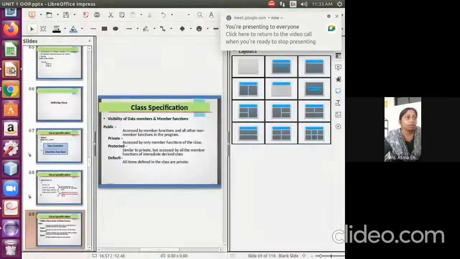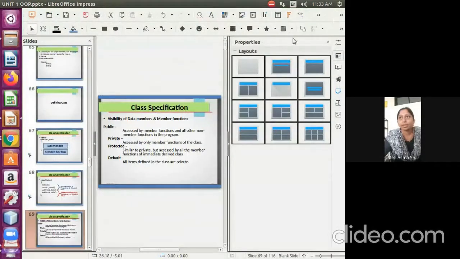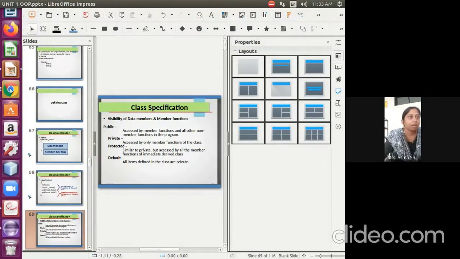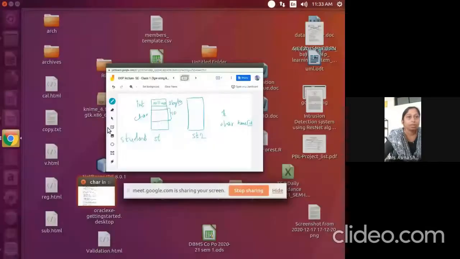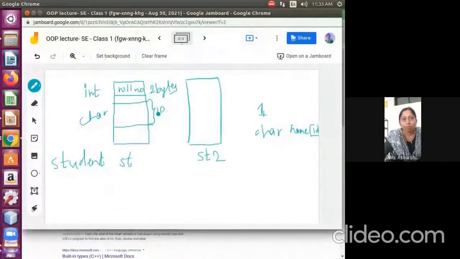I taught this class variables in C language. I taught C, C++, Java also, and Python also multiple times. So this may happen: the data types have different sizes in different programming languages. So here it will require 1 byte, meaning 10 bytes for the characters, and we again have roll number. Here is the name, and one more is marks.